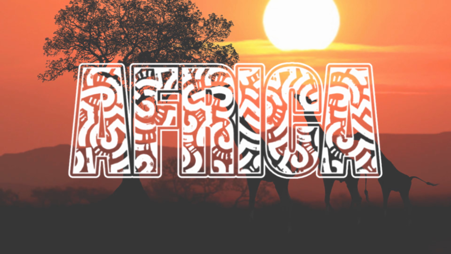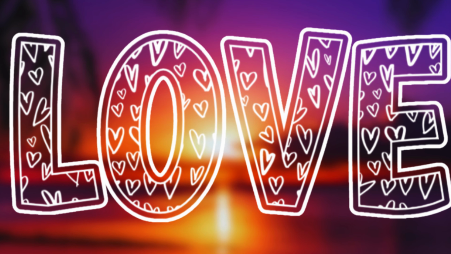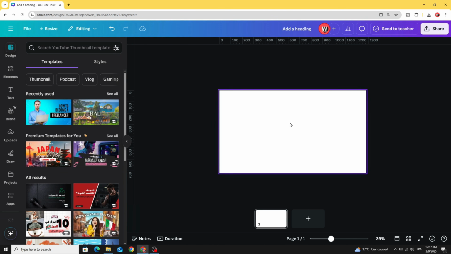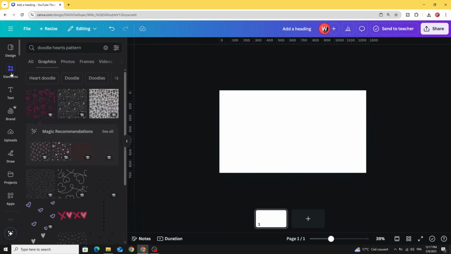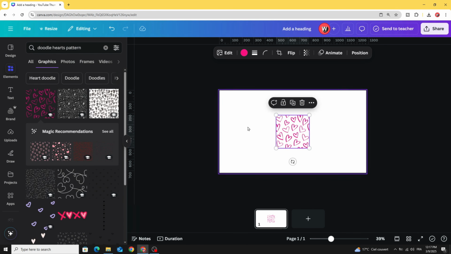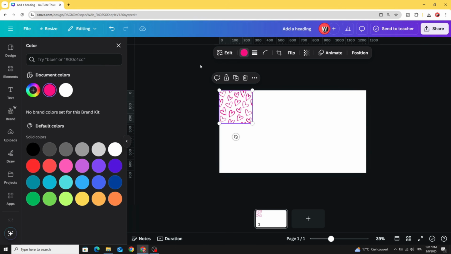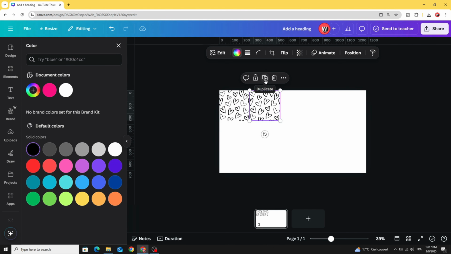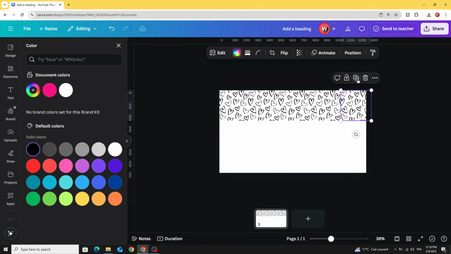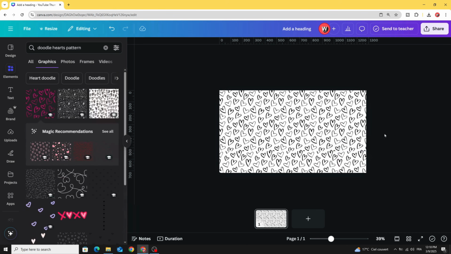Today I'm going to show you how to make this text effect using Canva. After opening a new Canva project, go to Elements and type Doodle Hearts pattern, and let's use this one. Let's change the color to black and duplicate to make a background of this pattern first, and fill all the page with this pattern and download this image